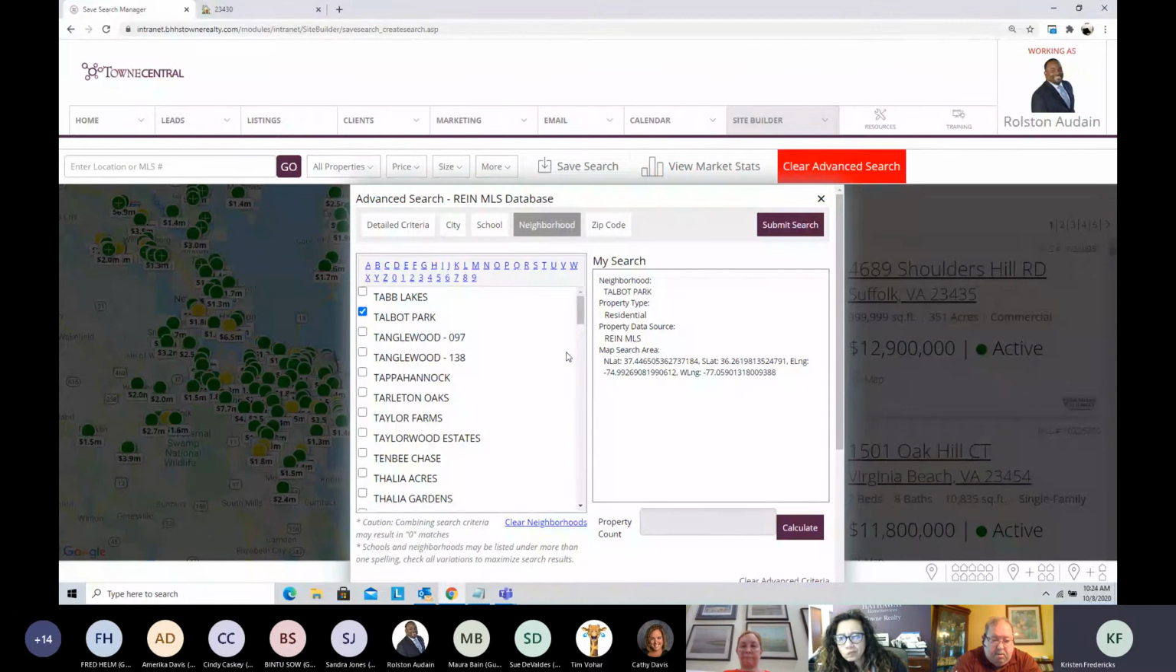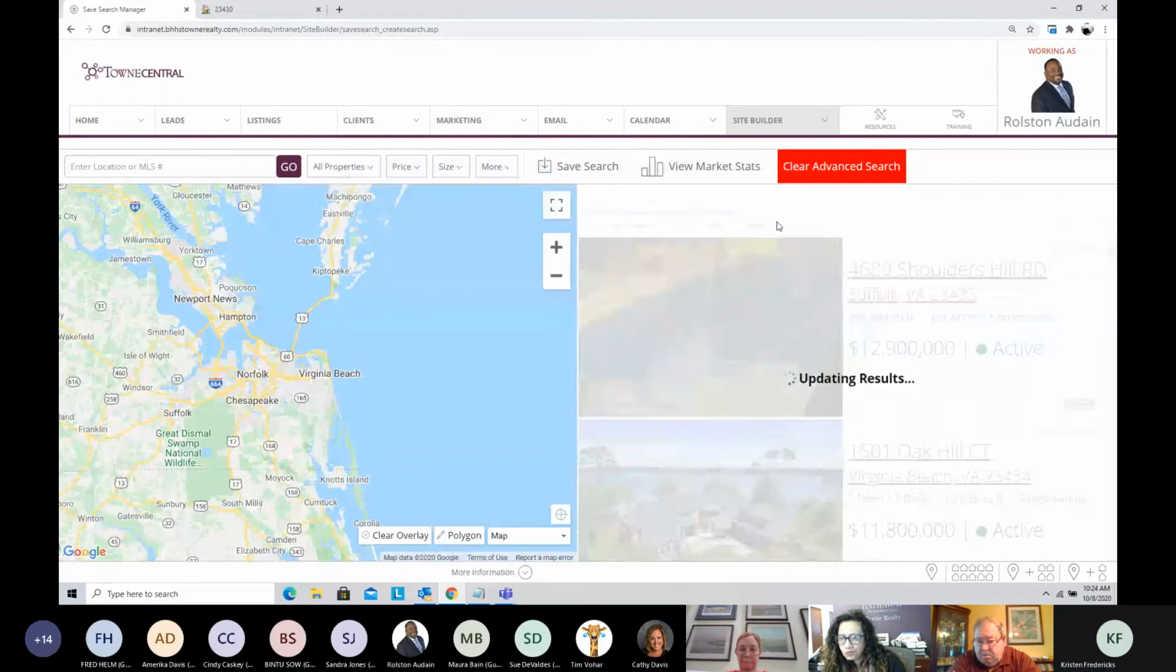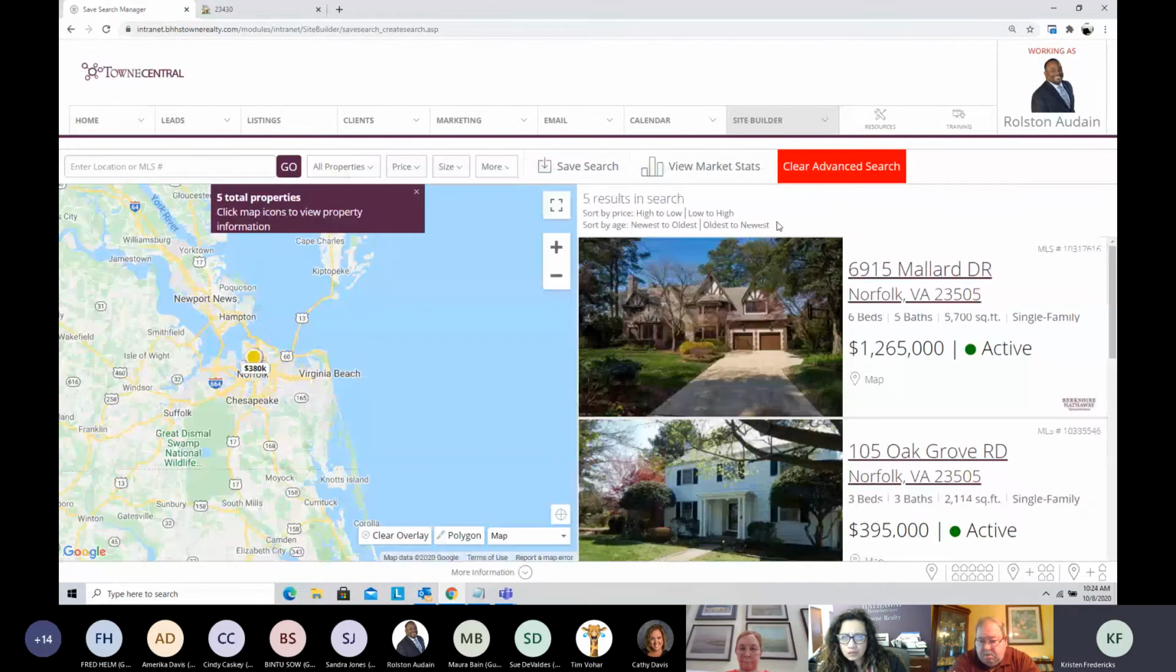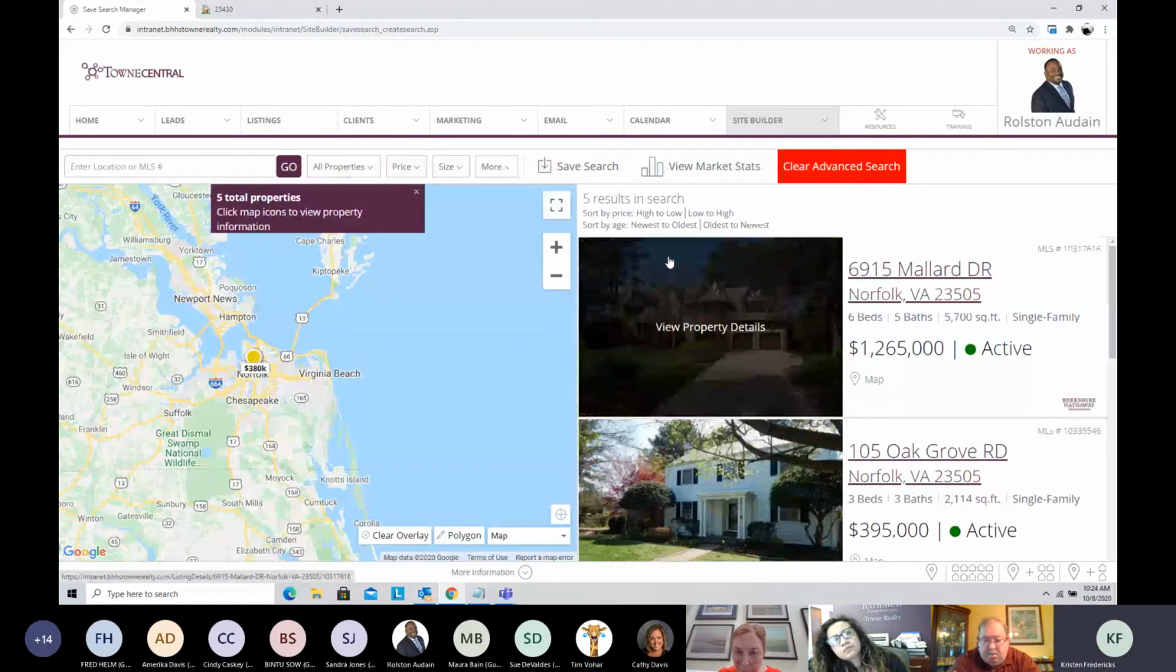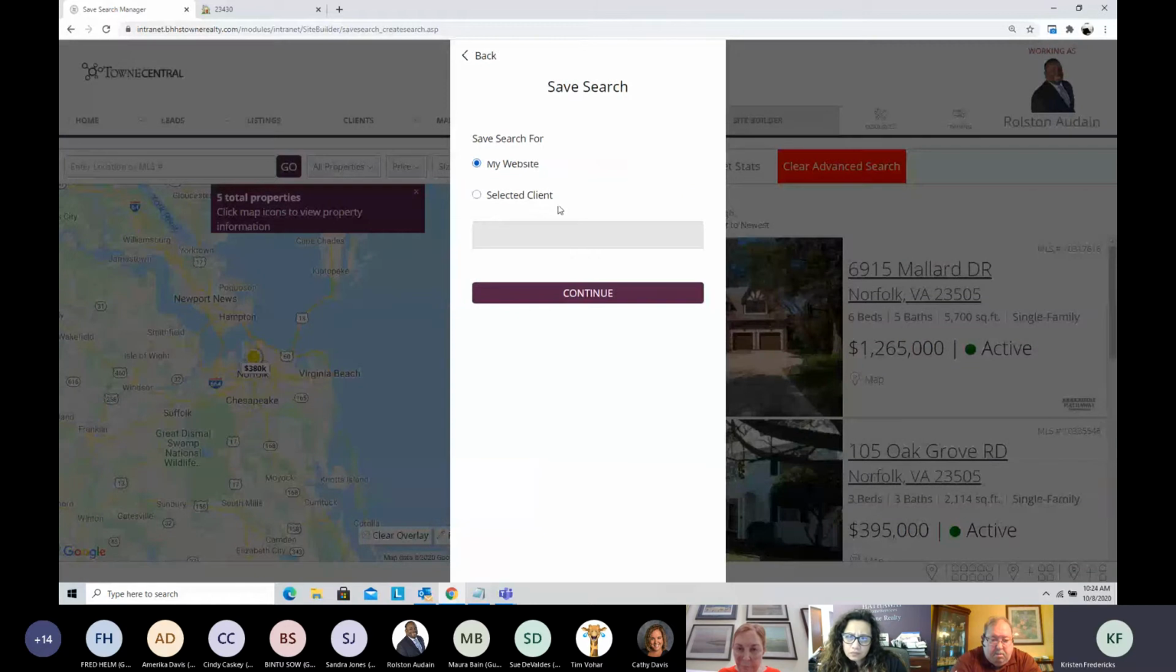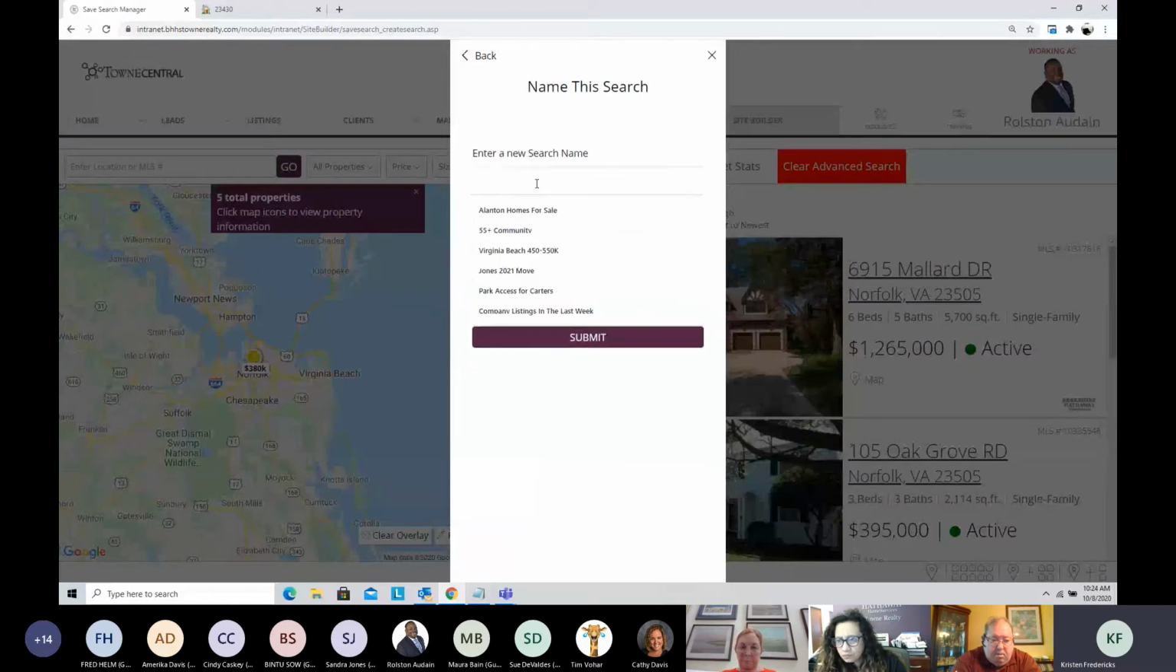In this case, I'm going to leave Talbot Park. We're going to hit that calculate button at the bottom, and it's going to let us know that there's 5 properties available right now. I'm going to hit submit search. And we're going to go through the exact same criteria that we did before. We're just going to hit save search. It's going to be saved from my website. I'm going to hit continue. I'm going to give it a name, Talbot Park Homes for Sale,